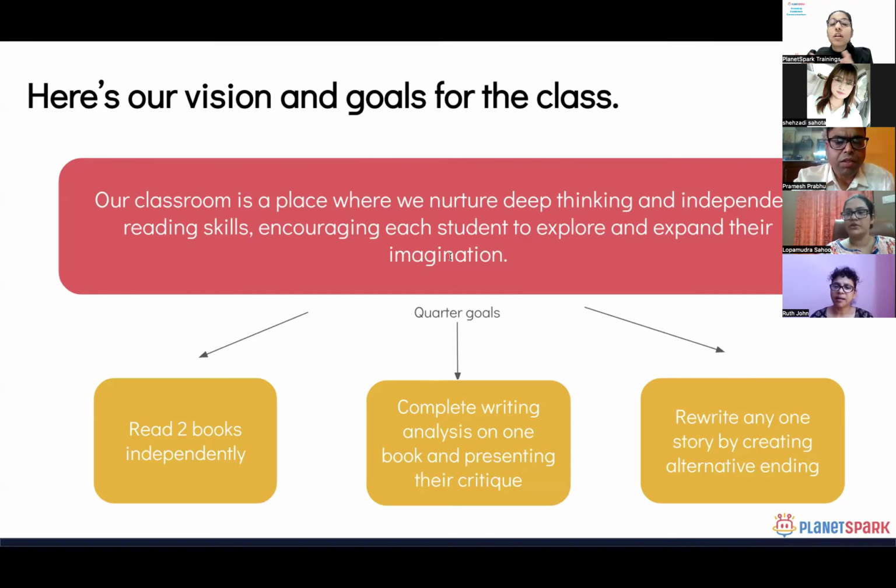Determination. Someone has also written down values: responsibility, respect, empathy. Shehzadi has written critical thinking, and discipline. All right. I want to see very good mapping of why this value and how it will help to achieve the vision. That I'm not able to see here. Yeah, give us some clues because we are somewhere there, but we are not.